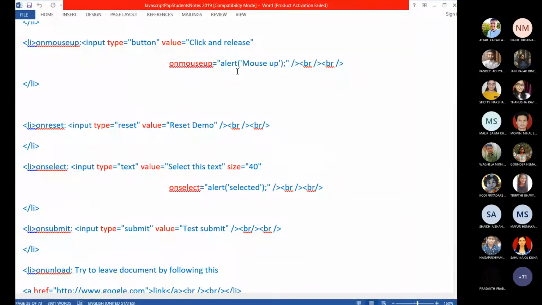The message will be displayed, alert mouse up. And then on reset. We saw on reset we used in the form tag, remember, but on reset we can use in the reset button itself. How will you write the code to display the reset button? Input type equal to reset, value something, so that value will be written on the reset button. This is the code to display the reset button. So in this code, within the input tag, you can add